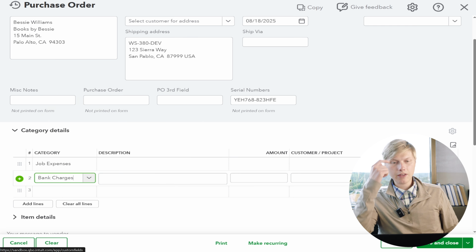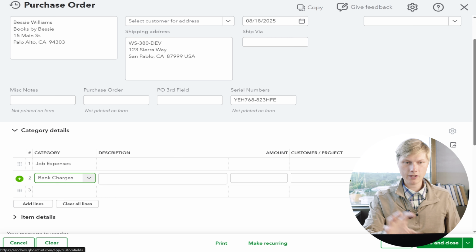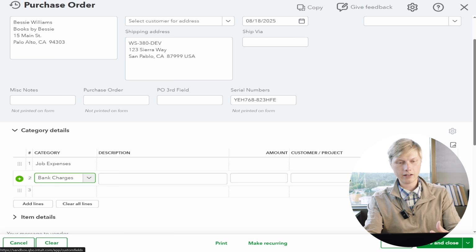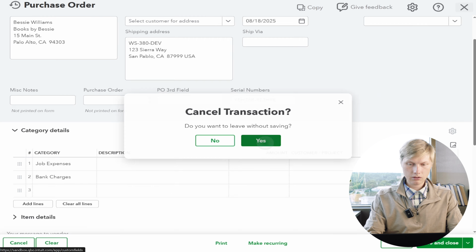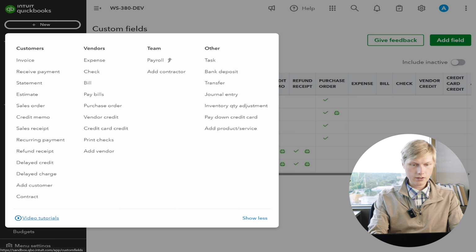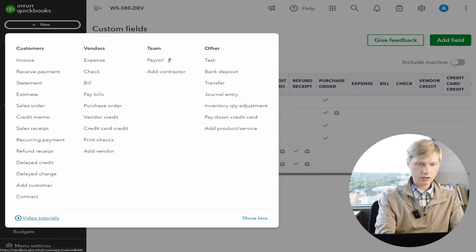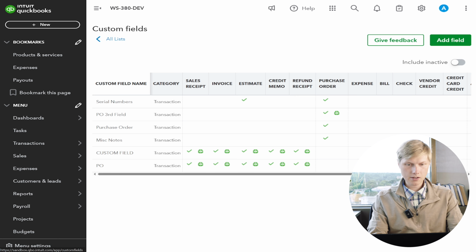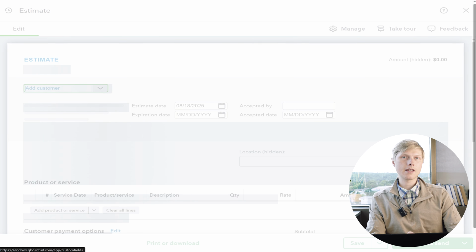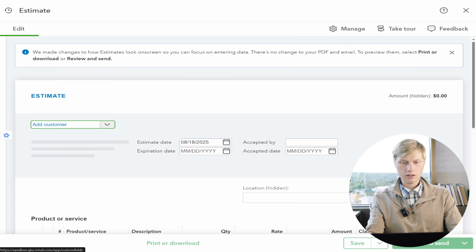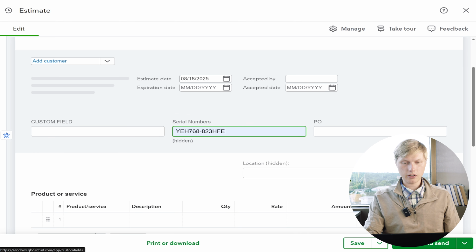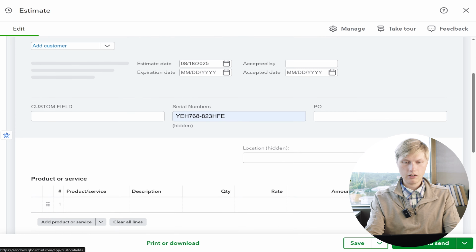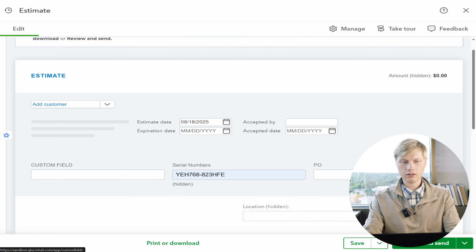And you can also add this too if you go to your estimates. So this is on the purchase order itself, then you can add all your details, save it, and send it to the vendor. Or else you can create a new estimate and go to under customers, go to estimate. And here you're also going to see this custom field as well. Serial numbers here, and you can just paste the same serial number or whatever you need for this specific estimate